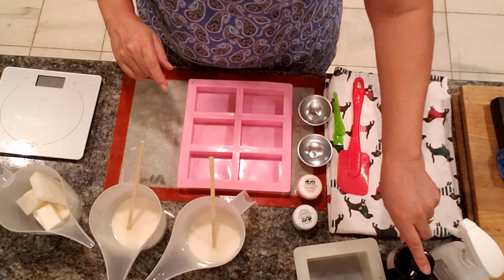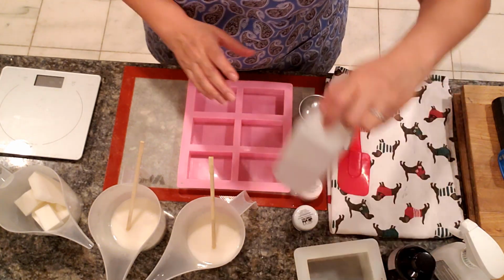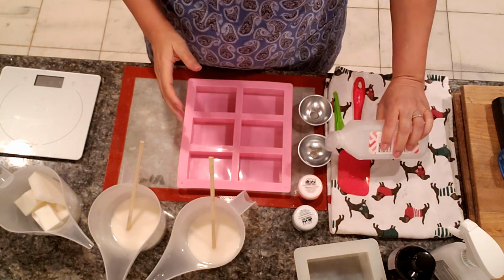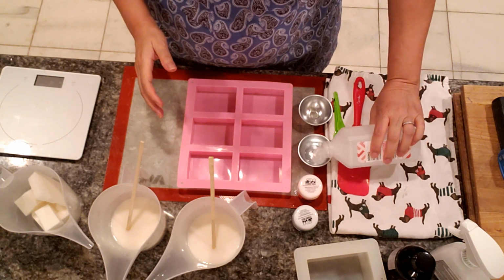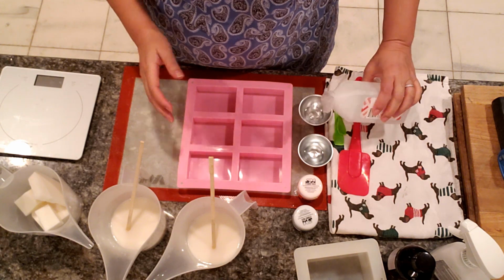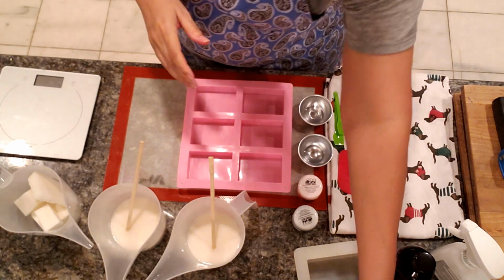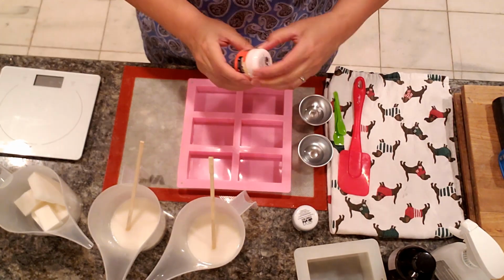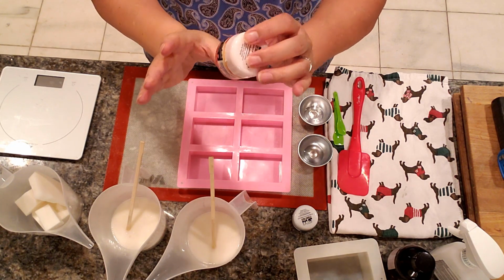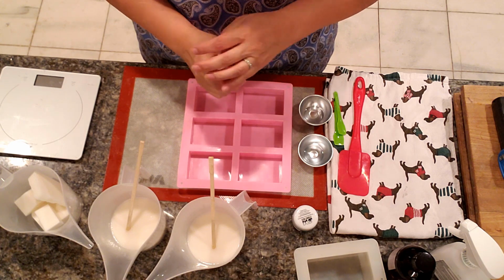So I don't want to put my scent in. The scent today is going to be Yuzu Cybella. What I can do though is go ahead and get my micas ready, because it really doesn't matter at this point. It's safe to put in. So what I'm going to do is pour my alcohol. And by the way, if you can't find alcohol on Amazon, you can usually find it at Walmart. They seem to have a good stock. Now the color I'm using today is actually Orange Magma. This is one of the neon oranges, but like I said, I'm going to try and tone it down a little bit